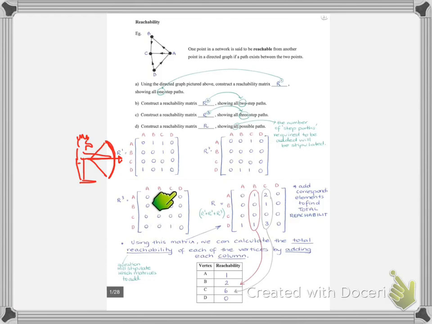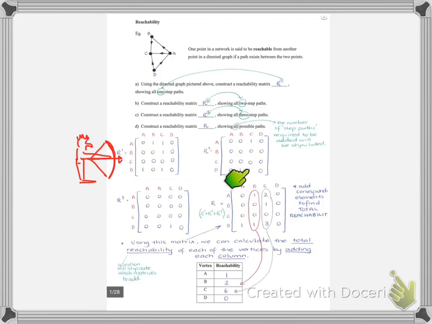Okay, so what we now do with our R1, R2 and R3s is we can literally add those matrices together to get what's called a total reachability. If you're ever asked to find a total reachability matrix, it'll say using R1 and R2, or R1, R2 and R3, it'll tell you which ones you need to add together. So if we just add the corresponding elements up in the way that we've added matrices before, we'll